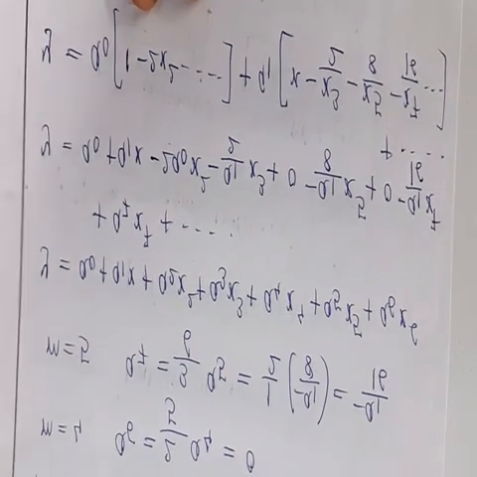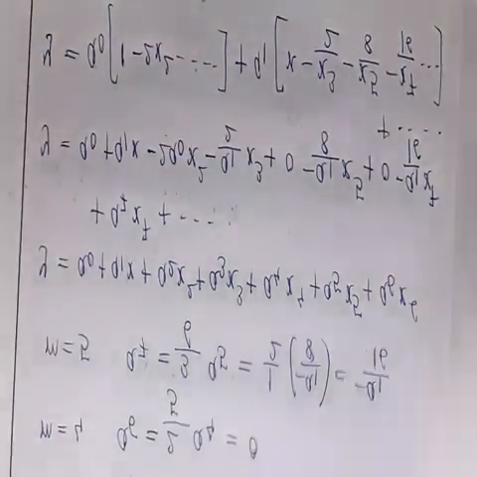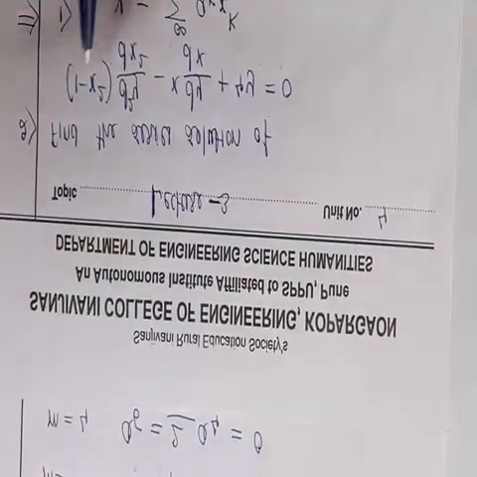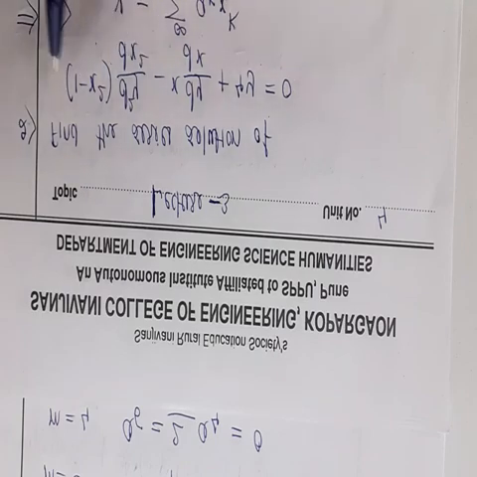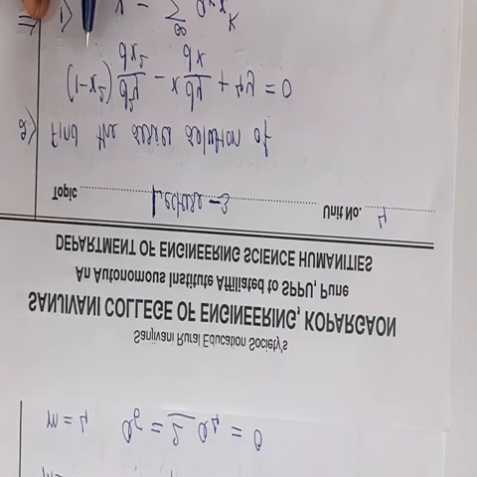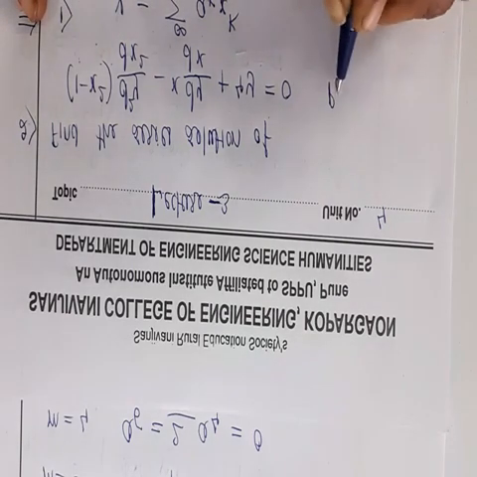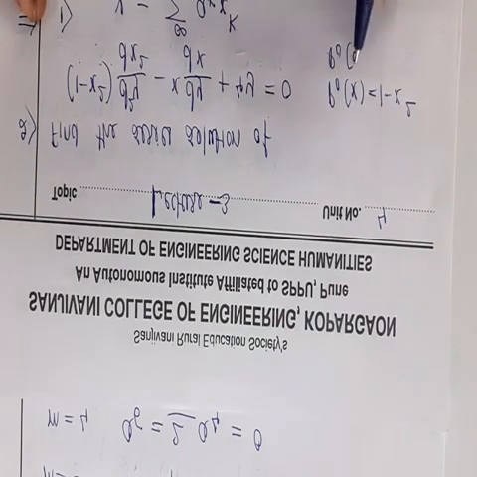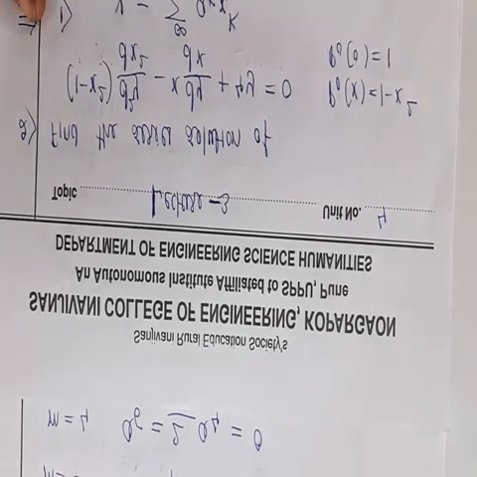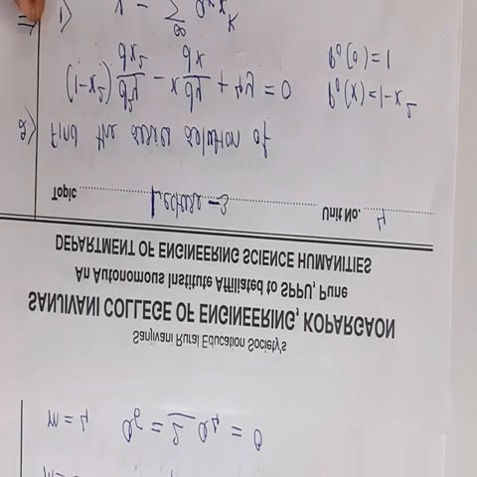And in the first step, we have the differential equation (1 − x²) d²y/dx² − x dy/dx + 4y = 0. Here we are taking all problems for the ordinary solution at x equal to 0, so x equal to 0 is an ordinary point. If you observe here, p0(x) is equal to 1 − x², so p0(0) is equal to 1. That's why we have solved this problem by using this method. Thank you.